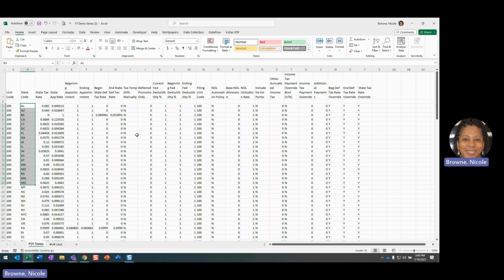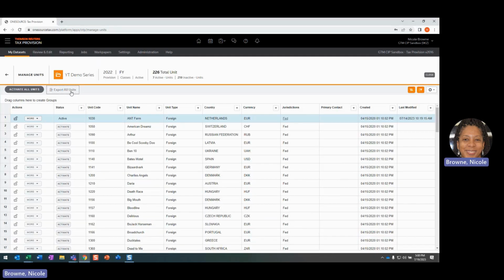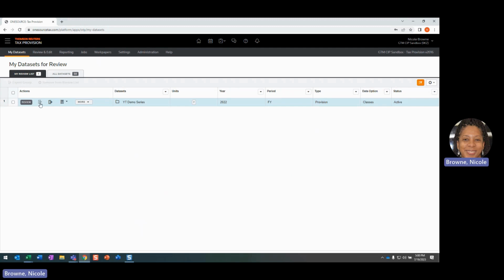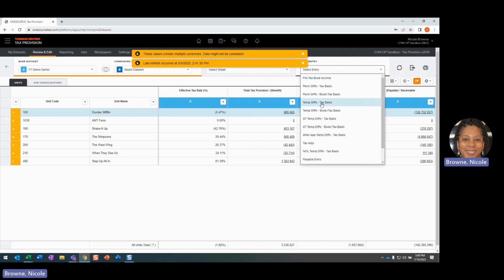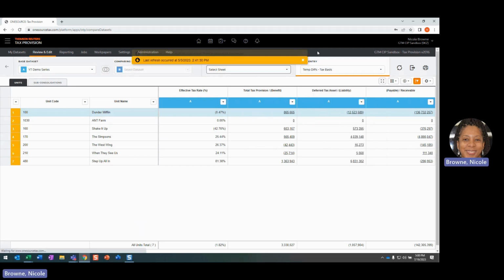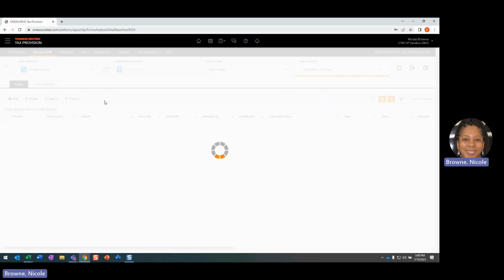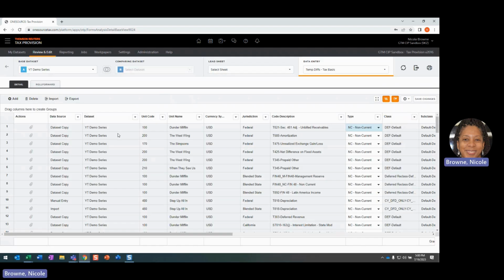Now, if I'm going to import this in, unfortunately, there is no option on this screen to import the #U# and the #S# tab back in. So for this particular one, we're going to have to come back to the data set itself and import using the spreadsheet import option. I'm going to pop into my review and edit screen, and we had talked about temporary differences